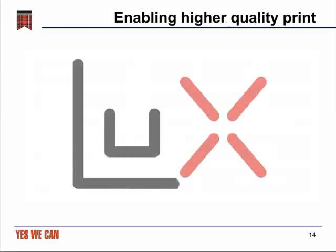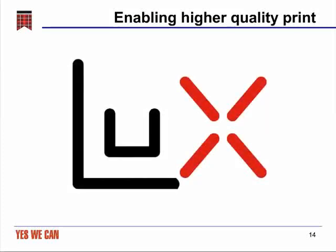We have a solution that we believe delivers flat-top dots in a high-quality manner and fundamentally enables higher quality